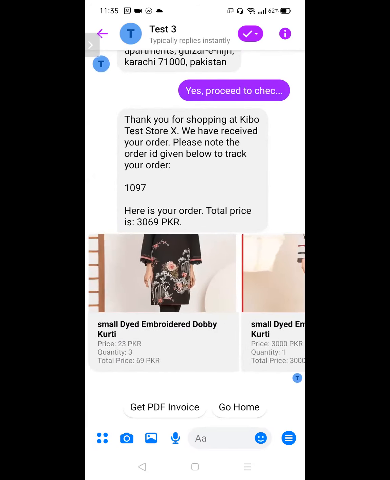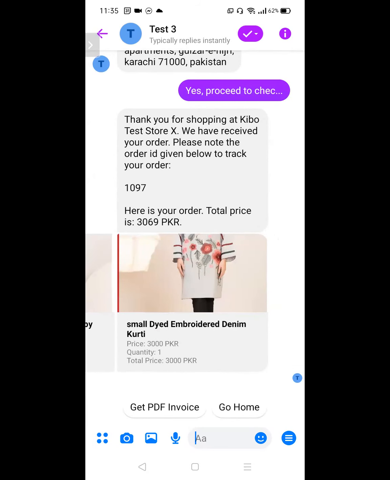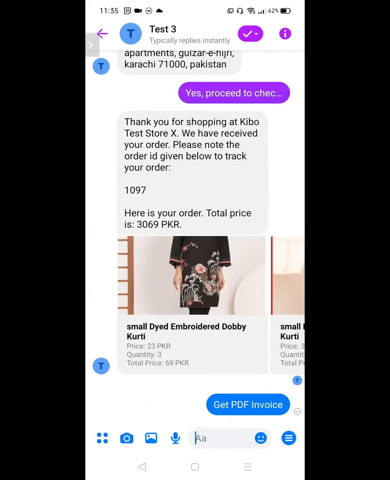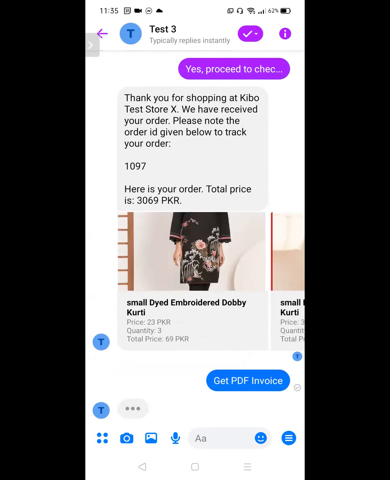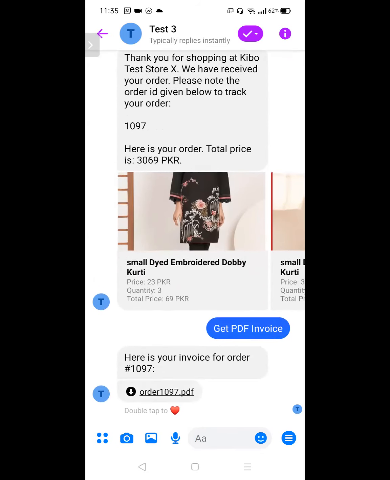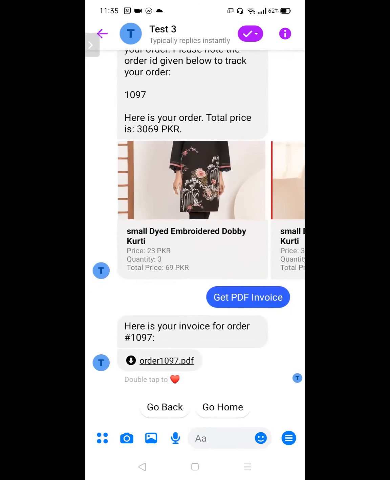It is also showing me the two products that are inside my order. We can also get the PDF invoice of that order, and it will send me a PDF file for this particular order. Now we can see that it has sent me a file, which is a PDF file, and I can open it up.